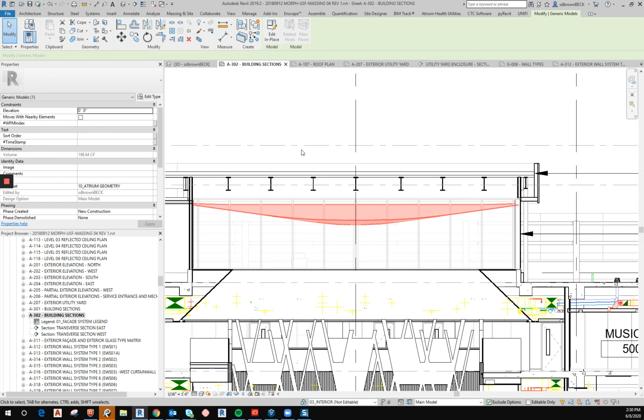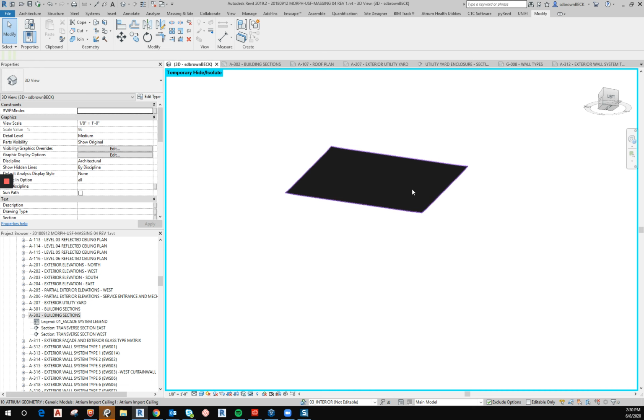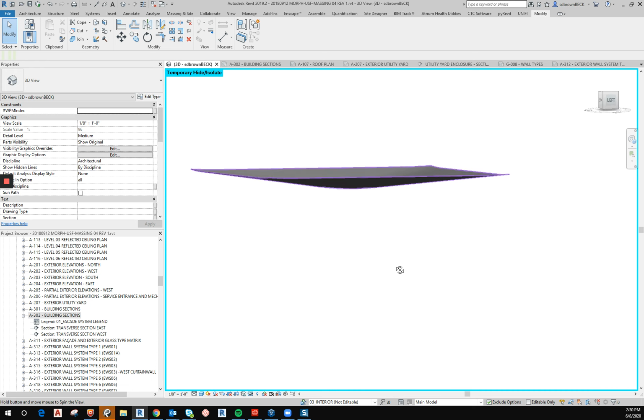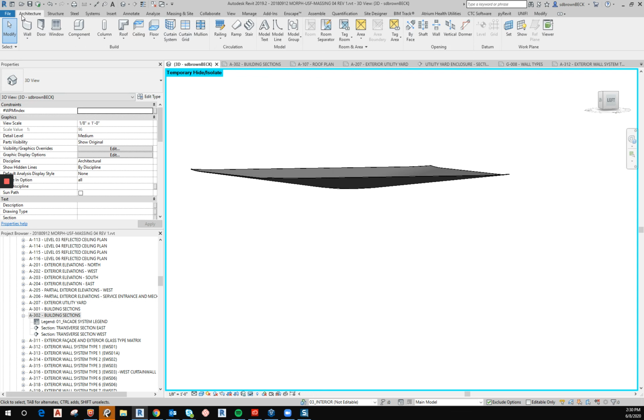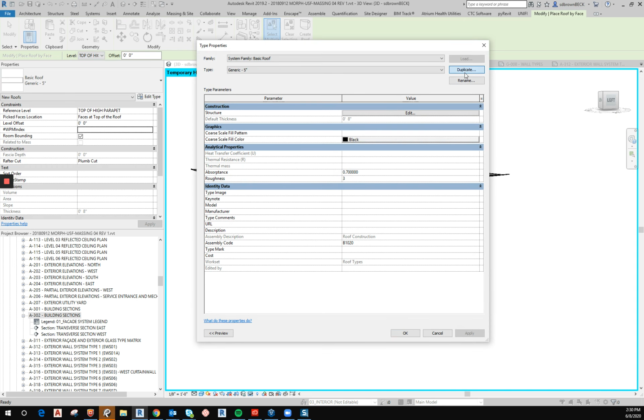But once that's a generic model, we can go to a 3D view. We can isolate that element. So we see that form, and now let's just assume this is a chipboard over metal stud framing. Unfortunately, the ceiling tool doesn't have the ability to do this, but the roof tool does. So I'd recommend a roof, and I would make it a new roof type, and we call it ceiling dash,